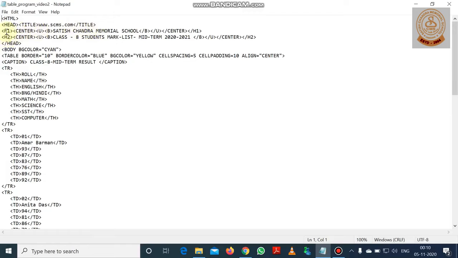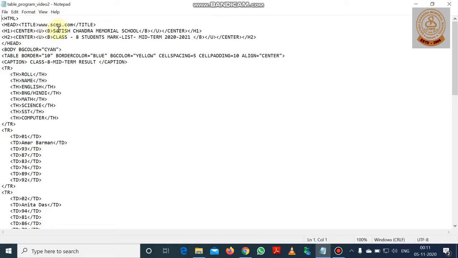After that, this web page has two headings. The h1 heading size is used for the first heading. Then the center tag is used so that the heading can come at the center of the web page. The underline tag is used so that the heading will have the underline, and the bold tag is used to make the heading bold in alphabet character.